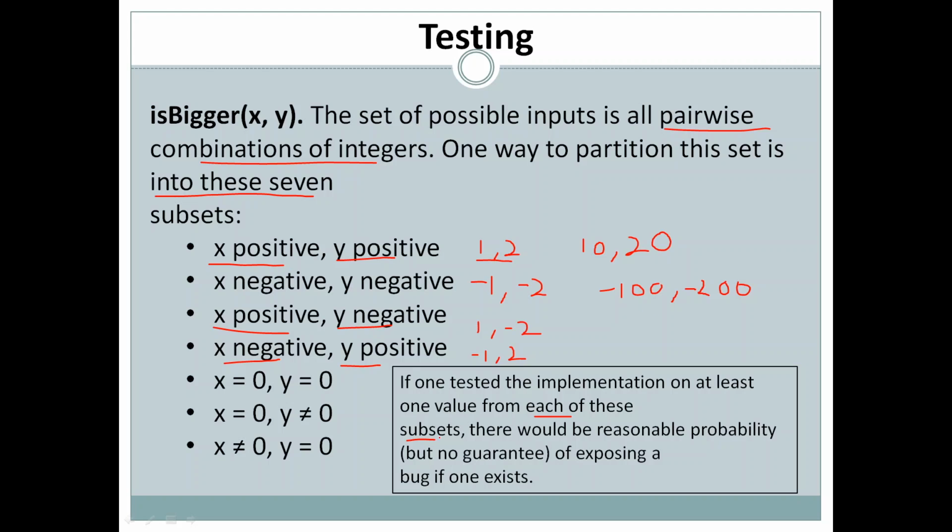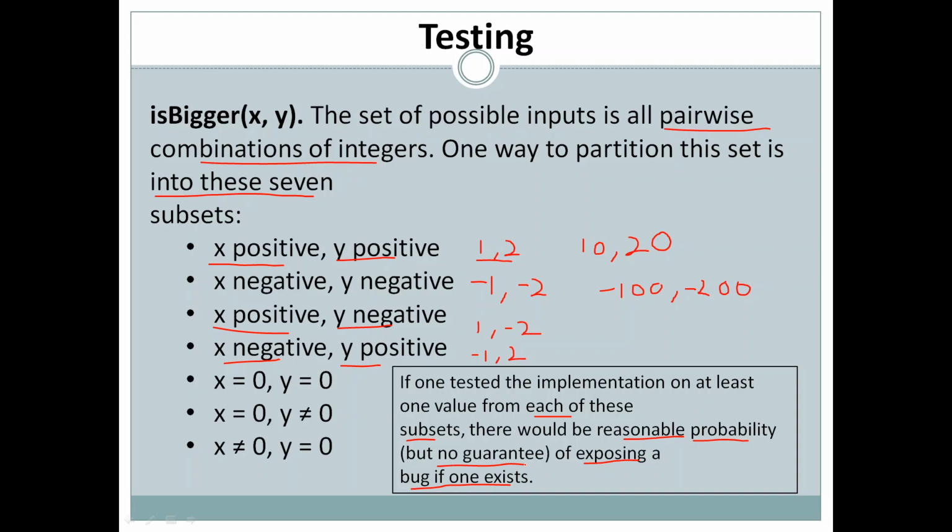So if it works for one value of each subset, there would be a reasonable probability of exposing a bug if one exists. But as I've said, no guarantee that all the bugs will be exposed.